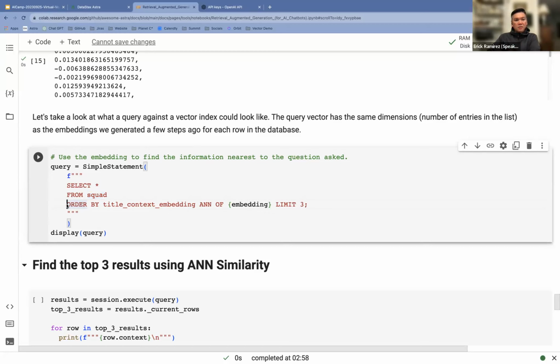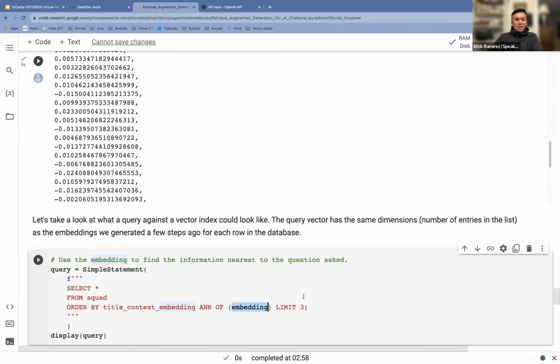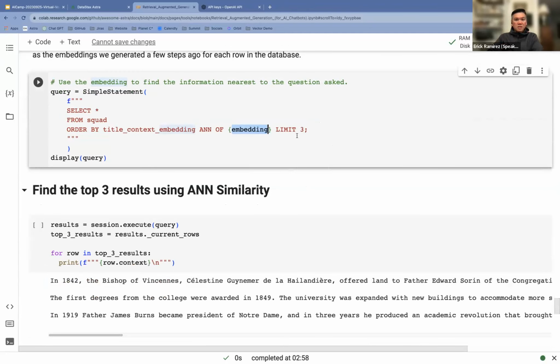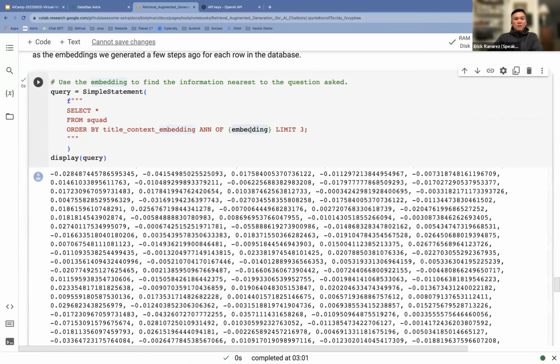So here's the vector search. We're doing a vector search against the title and the context embedding, and the ANN search on the embedding. The embedding is the one that we created at the top here, and we just want to return the top 3 results. I'm going to run that vector search.